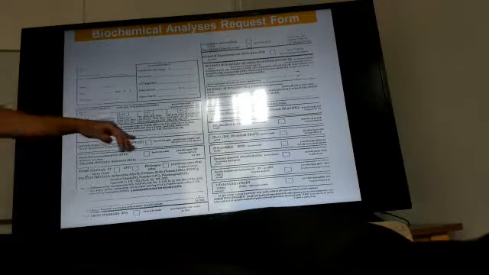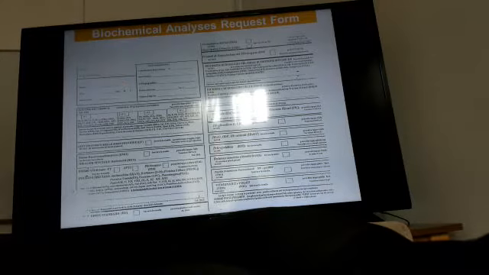And next you can see different groups of biomarkers that are grouped based on the organs or function that can be altered. So this kind of request is made to help you in some way,